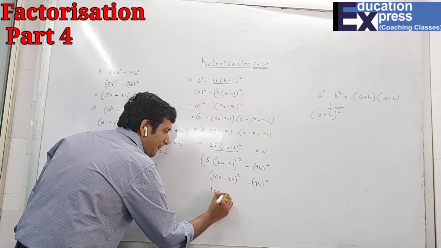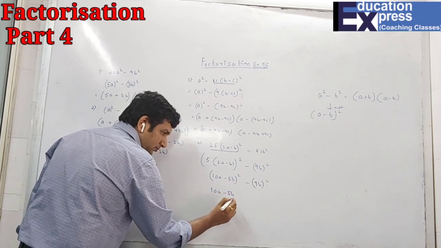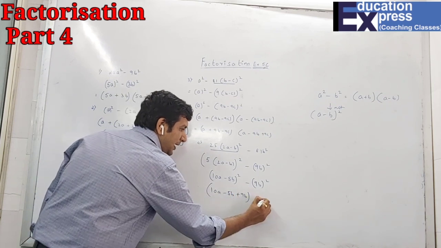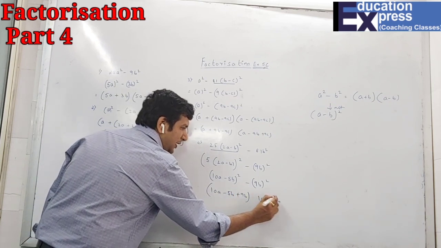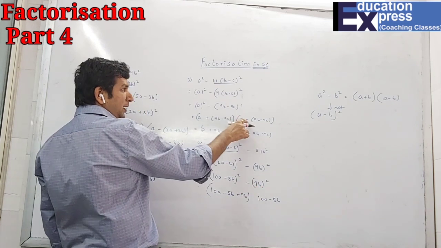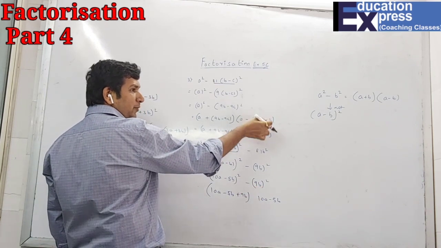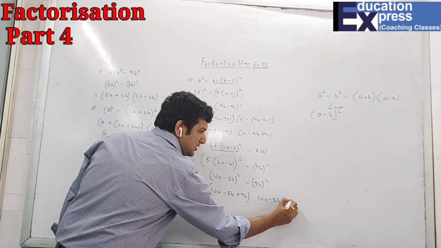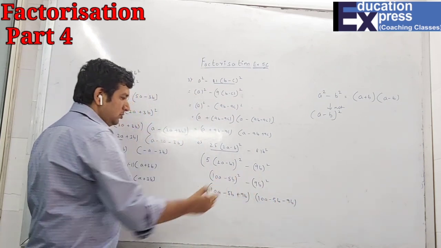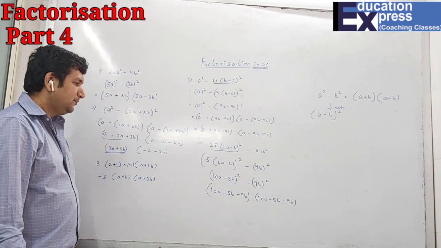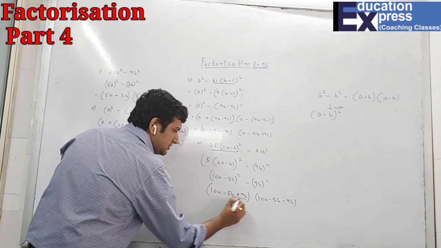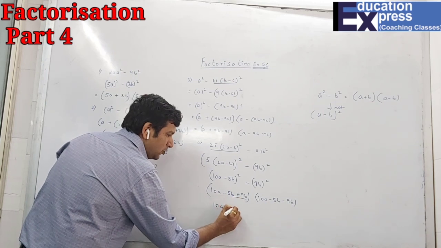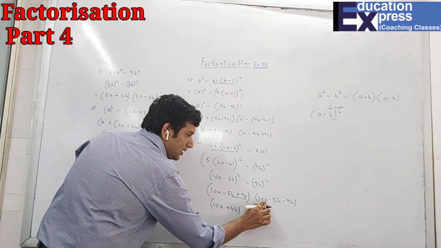So a plus b and a minus b. See here I have not put the bracket because it's a monomial. We have to put the bracket when a binomial comes after the sign. Here it's a monomial only, that is 9b only. So I can keep it as it is, and there is nothing common now, so this is the final answer. But yes, you can solve this. Minus 5b plus 9b is plus 4b, and 10a.